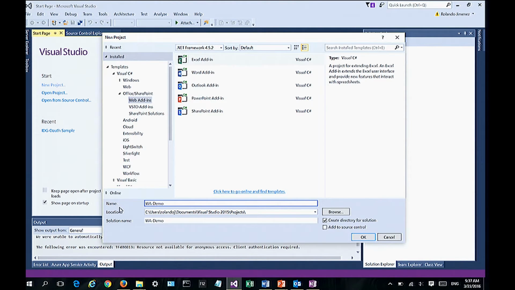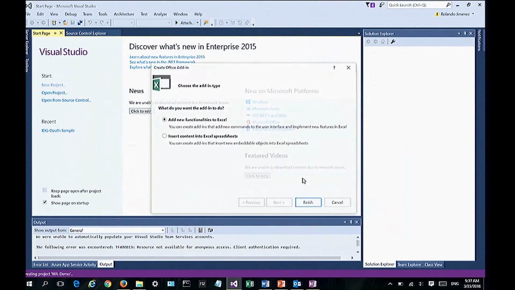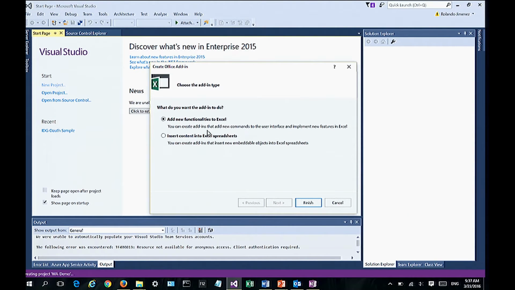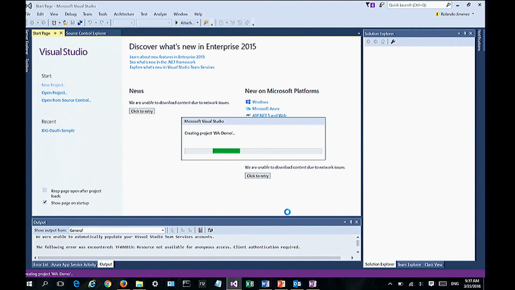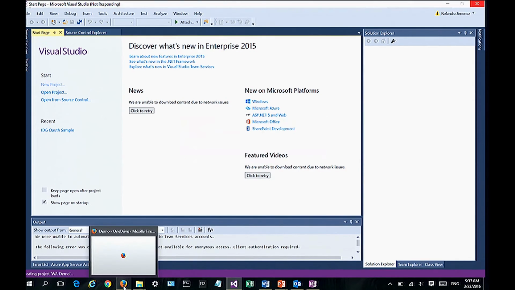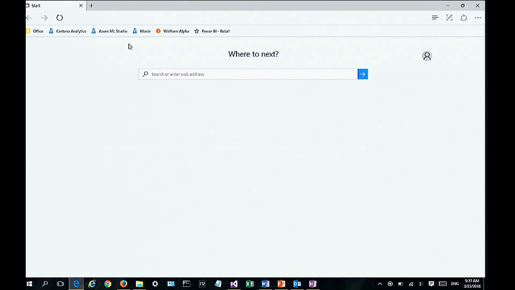So let's call this my Wolfram Alpha demo. And I'm going to click OK. It's going to be an Excel add-in. I'm choosing that template. And this is going to ask me what type of add-in I want. In Excel, there are 2 types. There's a visualization, like the bubbles one that we saw. And then there's just adding functionality to Excel in the form of a task pane or through the ribbons. In this case, I'm going to say, let's add some functionality to Excel. So while this creates the standard template,